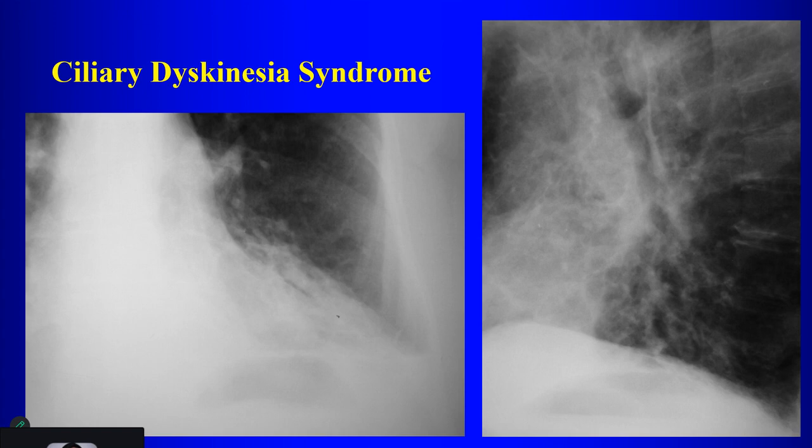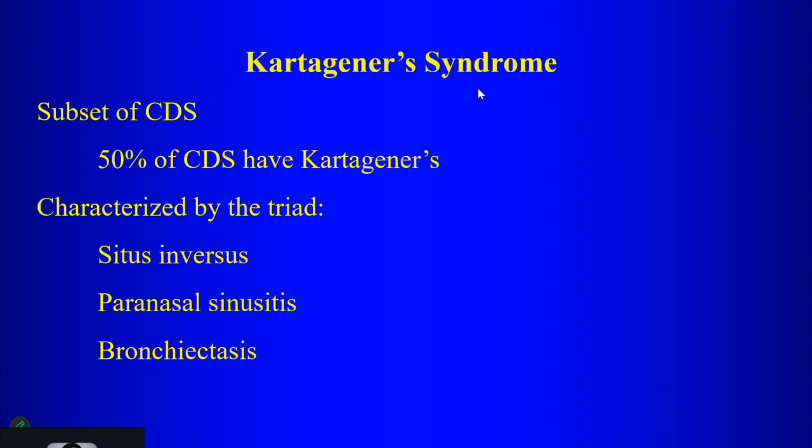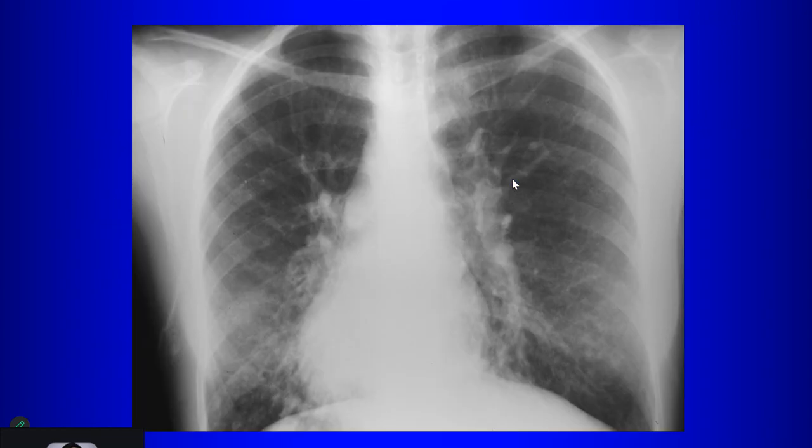Again, they don't have to have situs inversus, right? If they have situs inversus, it's easy, but they don't have to have situs inversus. So you can bring this up. Here's a patient who had immotile cilia syndrome who doesn't have situs inversus and has bronchiectasis here in a lower lung distribution from recurrent infections, okay? So that's Kartagener syndrome. Easy on the chest radiograph, right? You have dextrocardia, although the most common cause of dextrocardia on a chest radiograph is